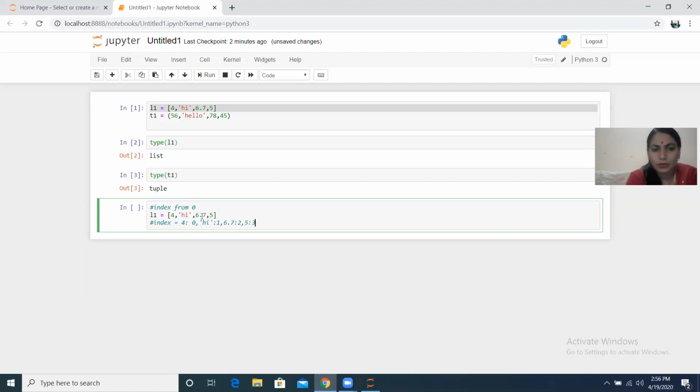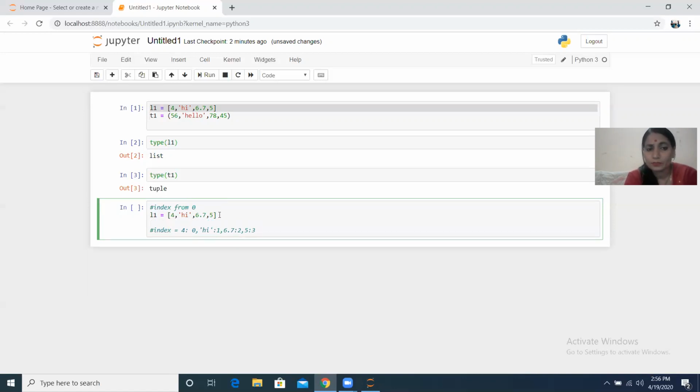So you have indexes 0, 1, 2 and 3 for these records: 0 for 4, 1 for high, 2 for 6.7, and 3 for 5. And the same indexing is for a tuple as well. So you have default indexing 0, 1, 2 and so on till the length of your list and tuple.